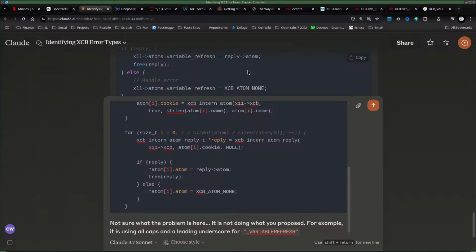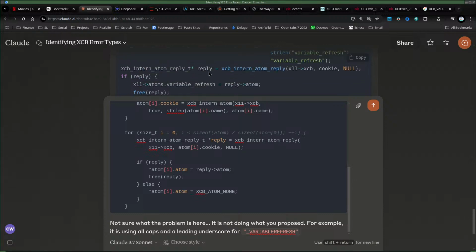We could add this here to see if it worked at all. I don't think that we are doing that, but